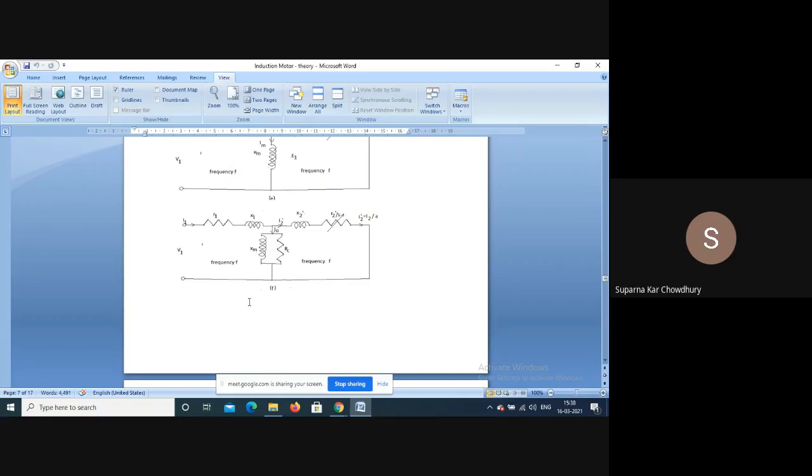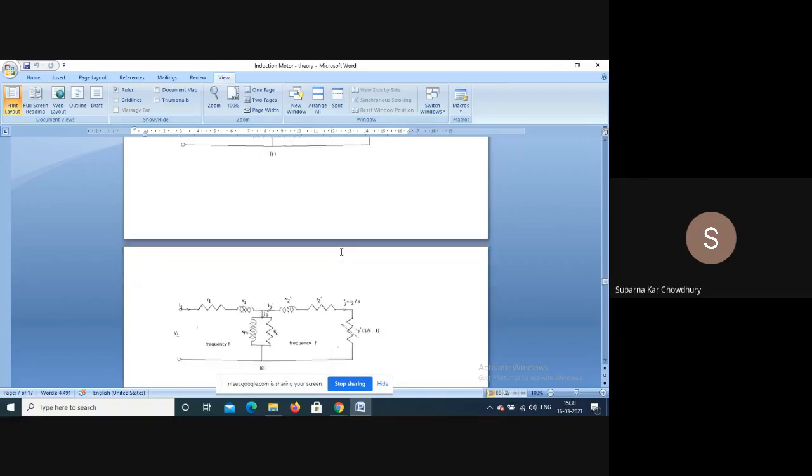Now, physically speaking, under normal running condition the slip is very small. Say the motor is running with 4% slip. That means slip S is 0.04. So the frequency of the rotor circuit is 0.04 into F. So basically, when the motor is running, the rotor core loss, that is eddy current and hysteresis loss in the rotor, is negligibly small, so it is neglected. So the main loss in the rotor is the I square R loss in the short circuited rotor circuit. So this resistance also includes the rotor losses.